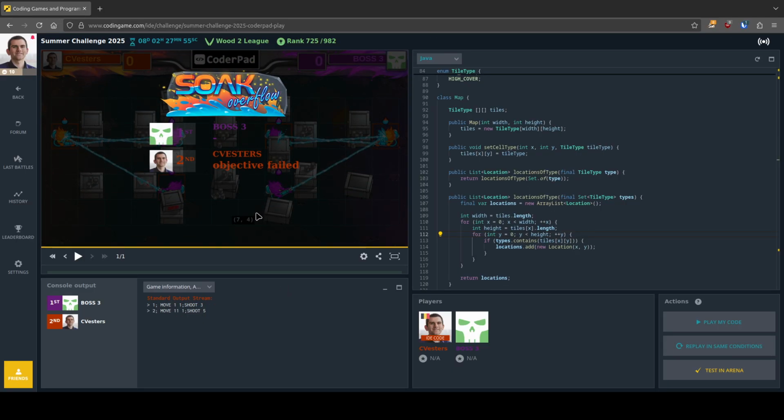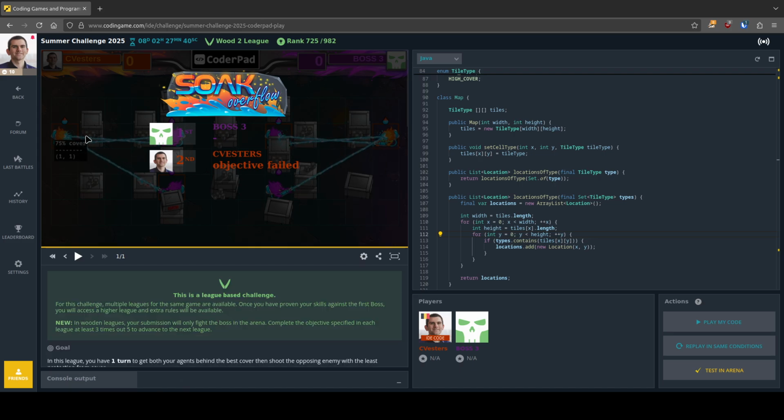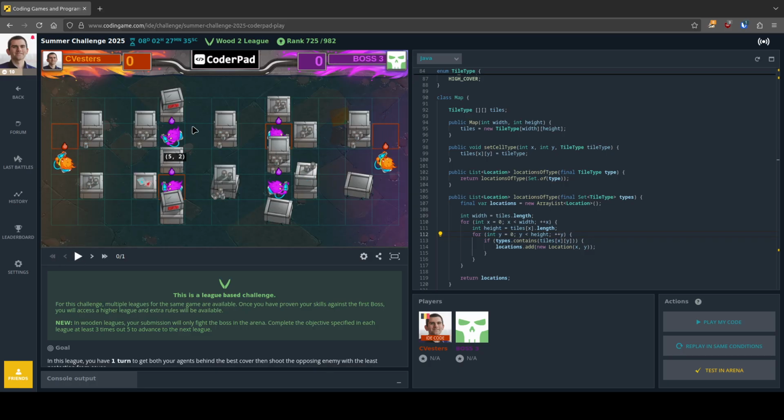So, and this is a loss. Why is that? Because I am shooting the wrong person. I tell him move 1 1, move 1 1. So they do all go for cover, which is good. They could also have gone down. That's fine. Okay, so you can see by moving up, I shouldn't shoot him. I also shouldn't shoot him, I think, because he is covered by all of this, at least from this direction. So what he actually should do is, I assume, shoot him,